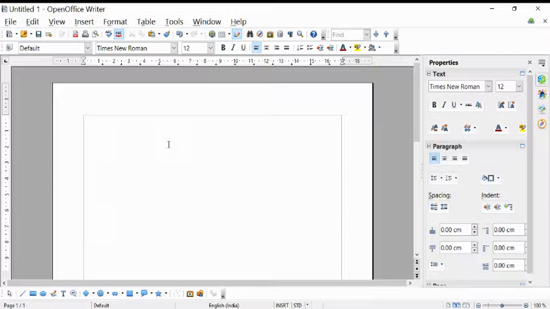In that, we discussed what we mean by textual communication. Then we created one document. In that, we changed the different font size, font style, and changed the color. We used the different alignment. Then we inserted one image.